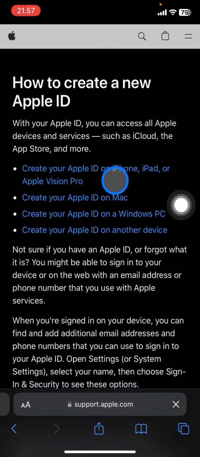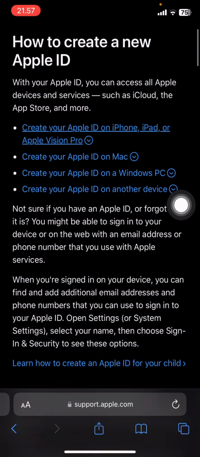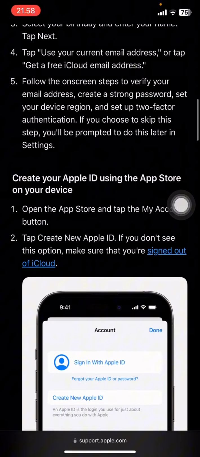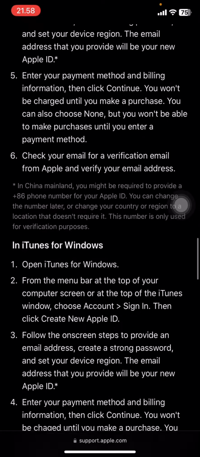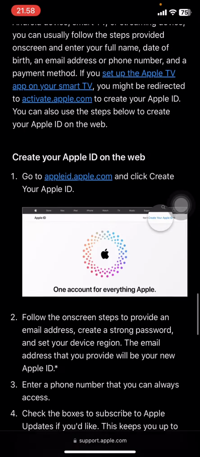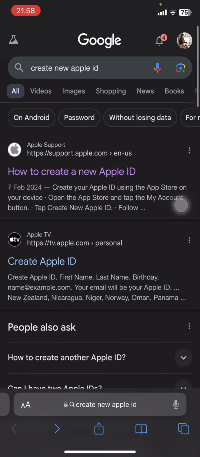It will bring you into the Apple Support website right here, and then you just need to type in, create your Apple ID on iPhone, iPad, or Apple Vision Pro, and you will get this type of look right here. Then click and follow everything on the screen that I explained on this panel. And if it doesn't work because you cannot find the solution, you just need to go back